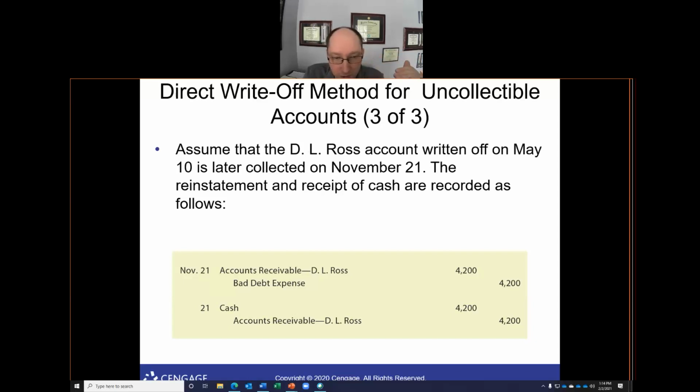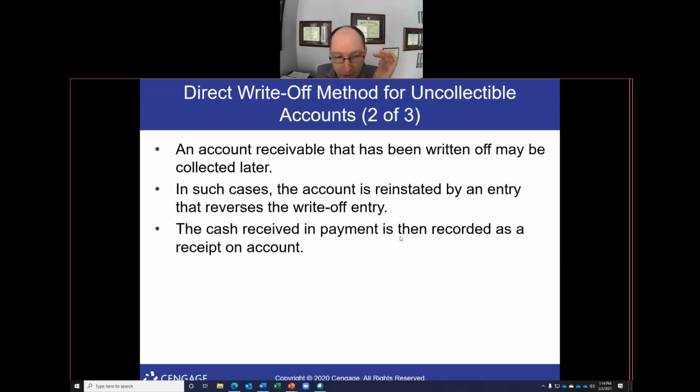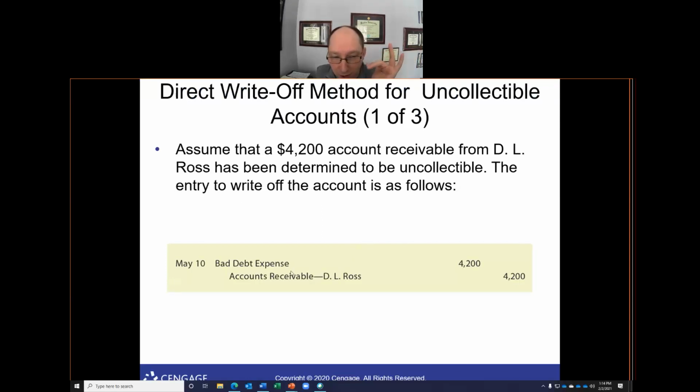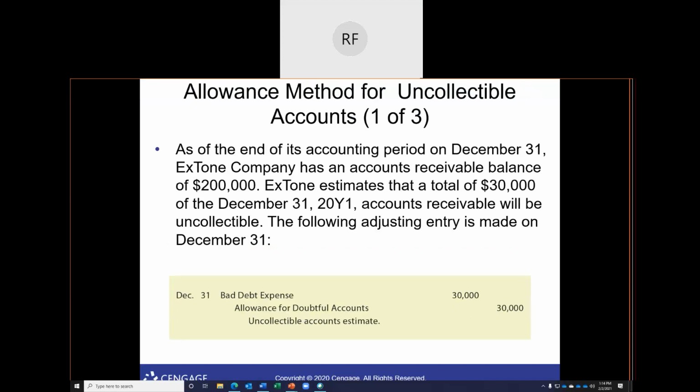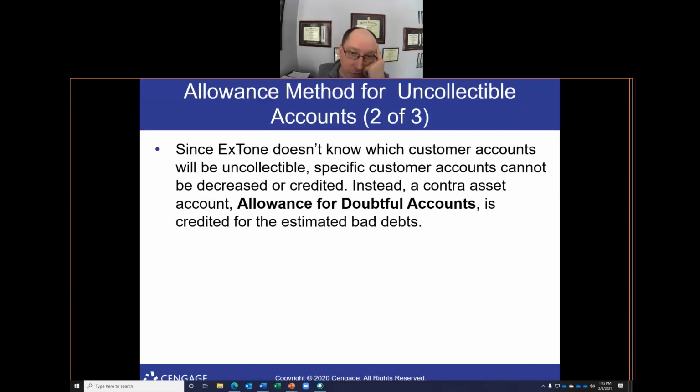So you would debit accounts receivable $4,200, credit bad debt expense $4,200. I'm sorry, this is when they paid, right? So you would debit bad debt expense $4,200, credit accounts receivable $4,200. Then you would debit cash $500, and you would credit bad debt expense $500. That would be the entry. Yep. Thank you. Yeah, my pleasure. Once in a while that happens. It's not as frequent. Good questions.